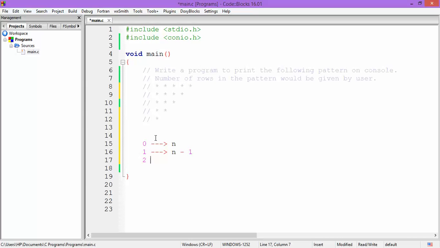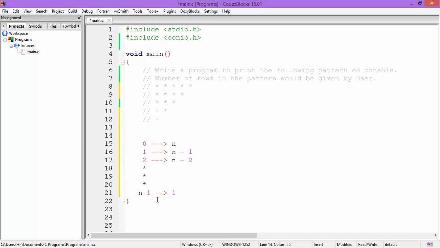Second row would contain n minus 2 asterisks, like that. If there are n rows, that means the last row we are considering as the n minus 1th row because we are starting with 0, right? So the last row would contain a single asterisk,